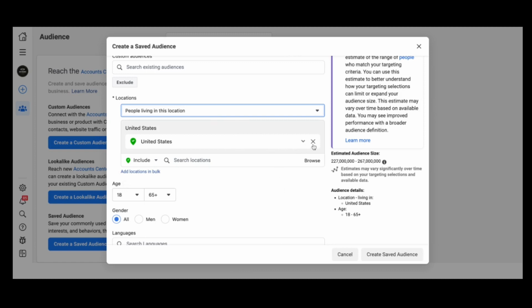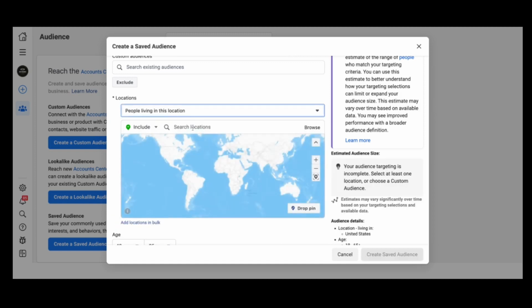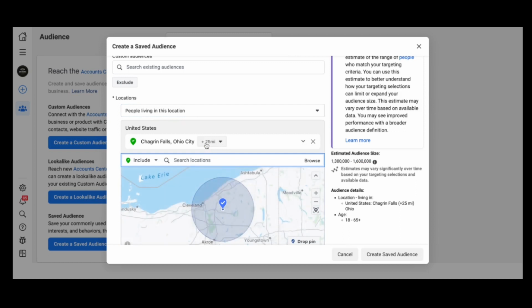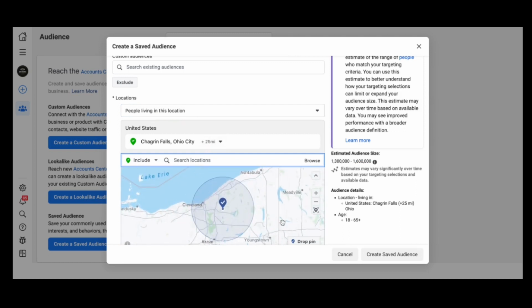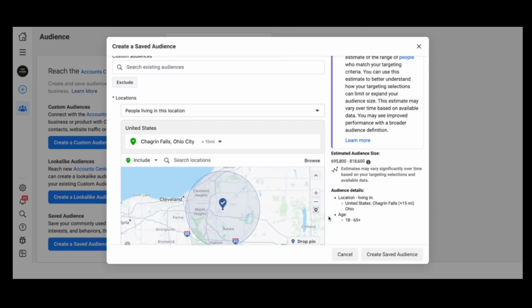Next, you want to choose the location. There's two different ways you can do this. You could do this by zip code, or you could do it by just writing in your city. To make it easy today, I'm just going to go ahead and select where our offices are at in Chagrin Falls, Ohio. It's going to bring that up. I'm going to select it, and it's going to default to this radius. Now, the radius is 25 miles by default, but you can increase it or decrease it based on what you want to target. So I'm going to make it 15 miles,